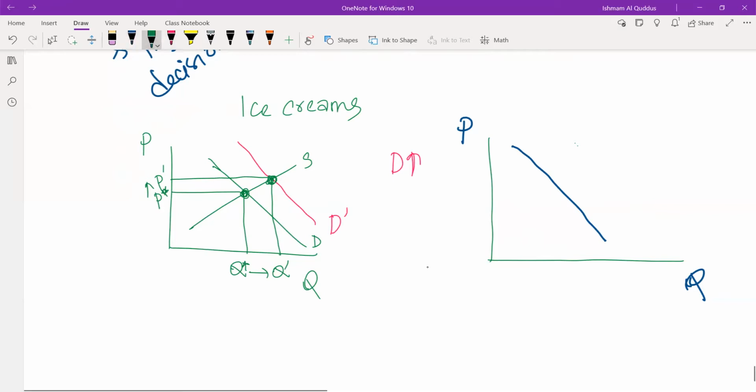Since you are the only supplier in the town, that means there is a capacity constraint, right? So you cannot supply ice cream as much as you want to because let's say you have one fridge. So there is a capacity that the fridge can hold. It's not like you can keep as much ice cream as you want to. You can't do that. So supply would be inelastic here. And the demand elastic. Now during summer,